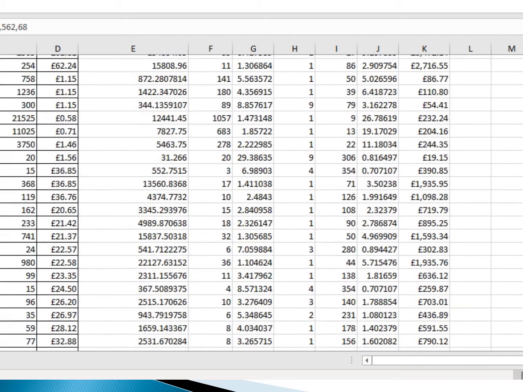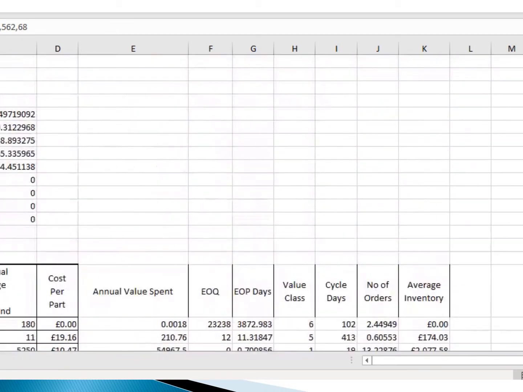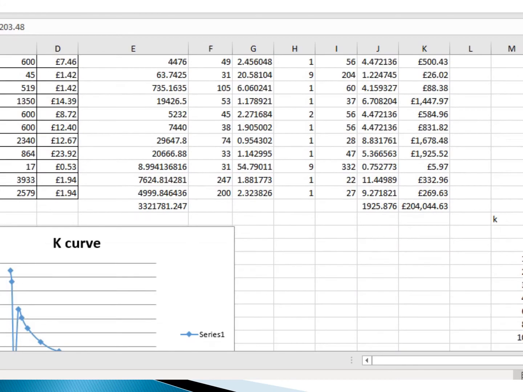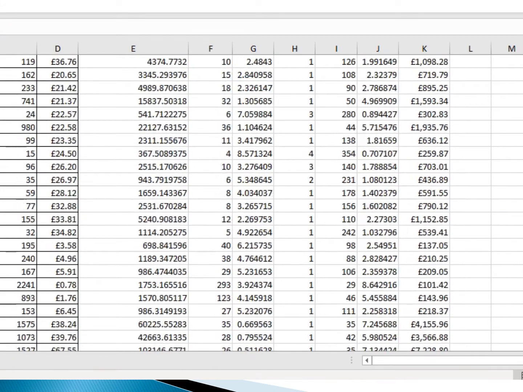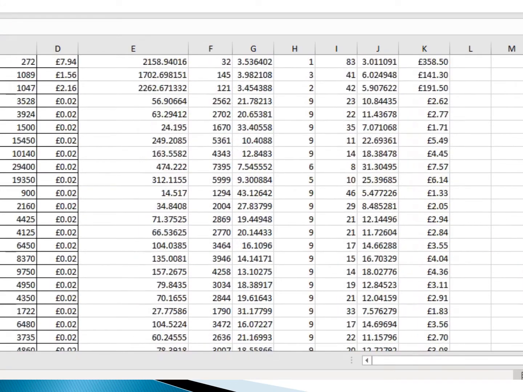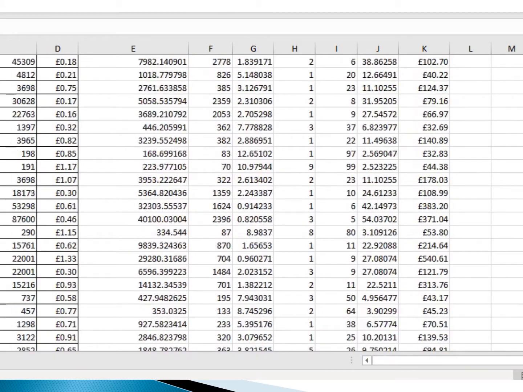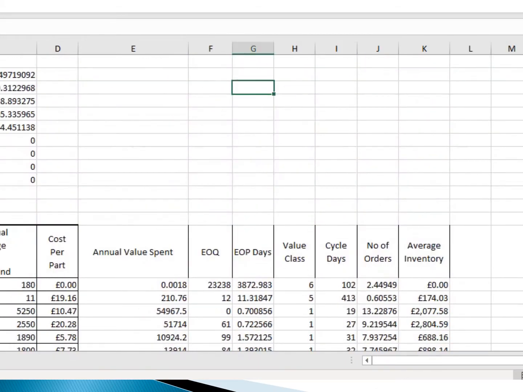Before starting this, we will see the final EOQ and EOQ days result. As you can see in the Excel sheet, this is the final annual spent and the EOQ and EOQ days, and the value class, cycle days, number of orders and average inventory.